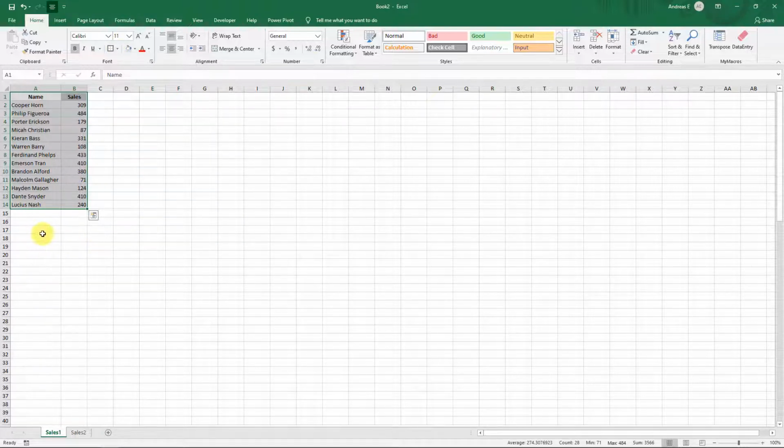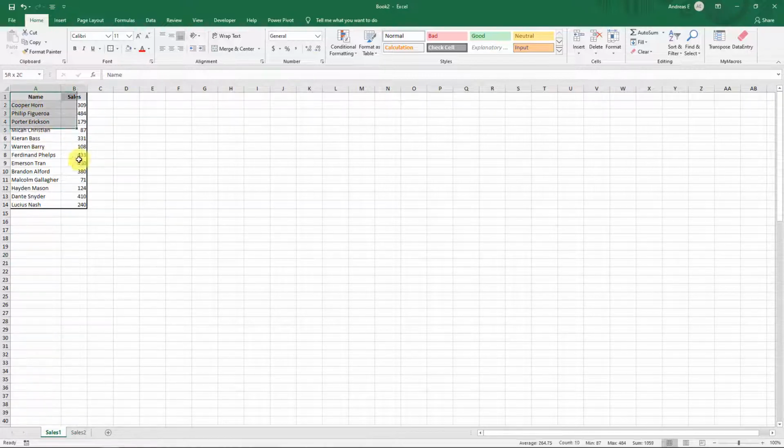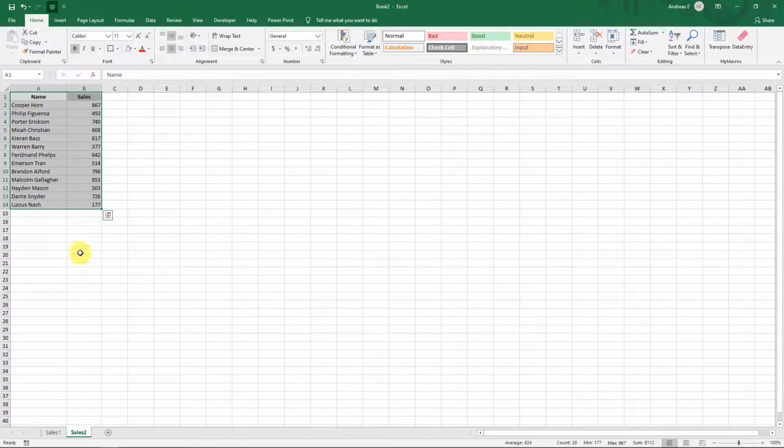Click on the second sheet. As you can see, we have a similar table. Now we need to do the same formatting steps again, but we hate doing that because it's repetitive. Instead, we can select the cells in the first table, click the Format Painter button, and select the cells of the second table. The format gets copied to the second table instantly, saving you the task of repeating the steps.